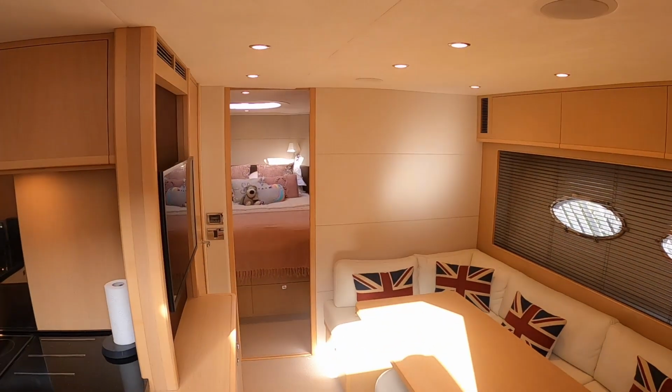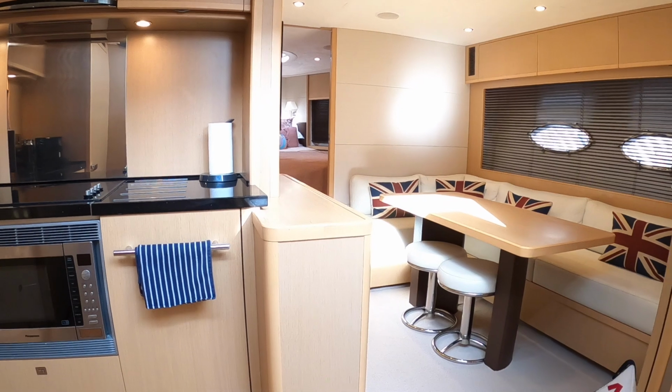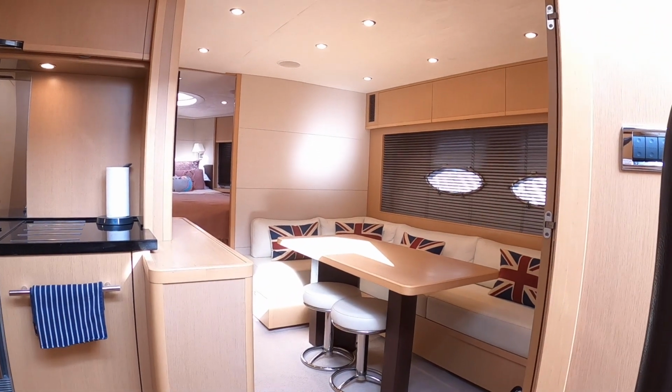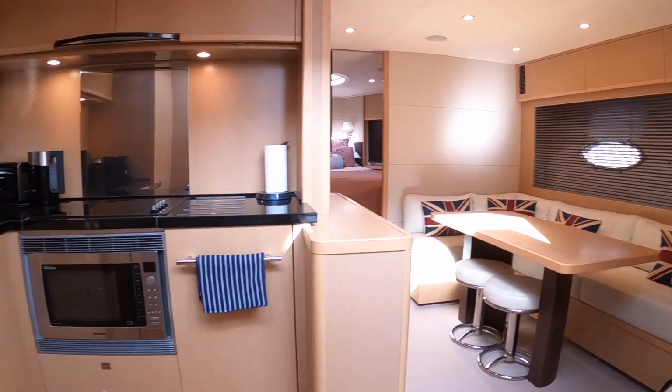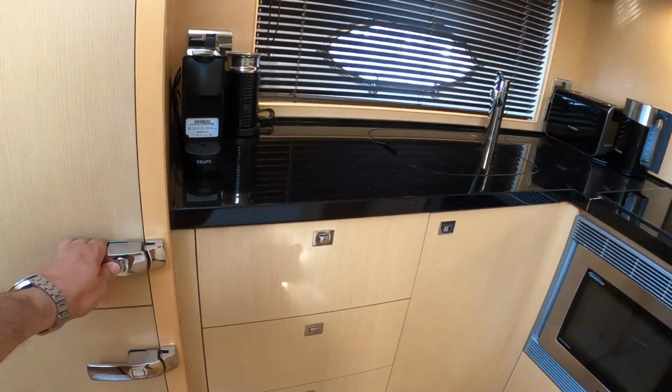And then when we get down here, look at this. This is such a lovely open area. Dinette on this side, as you can see, so great place for a nice evening meal if you want to tuck yourself away, and that is of course directly opposite the galley. Big fridge freezer,